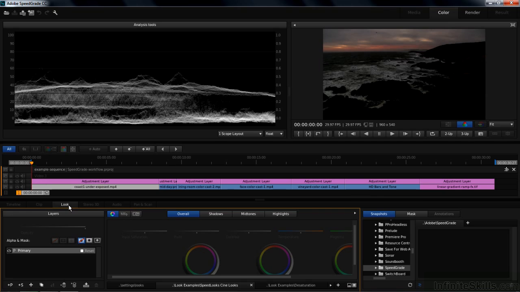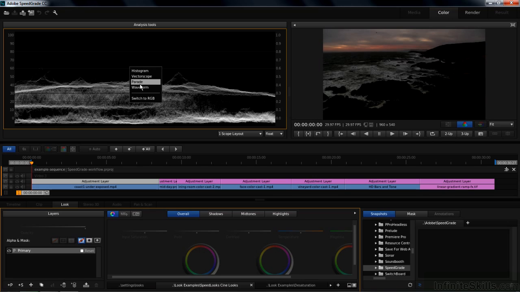I want to apply some changes to the adjustment layer above this Coast clip. So I click on the adjustment layer to make it active. What that means is any changes we do down here will be applied to the currently active clip. I want to view my changes here inside the waveform monitor. You may see 4 scopes there. That's because I've changed this drop-down list from 4 to 1. To get the waveform monitor to display, just right-click here and then say Waveform.